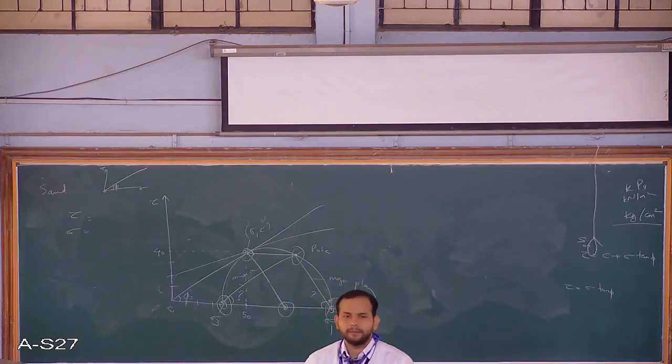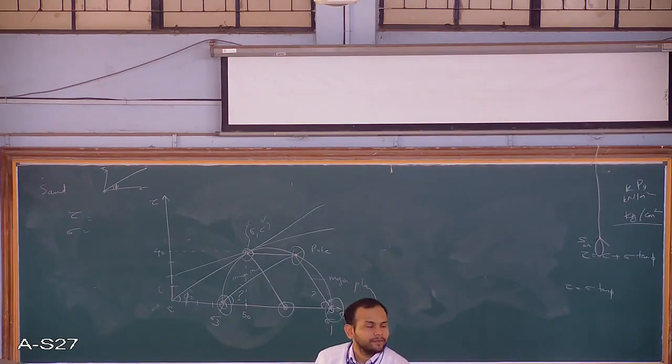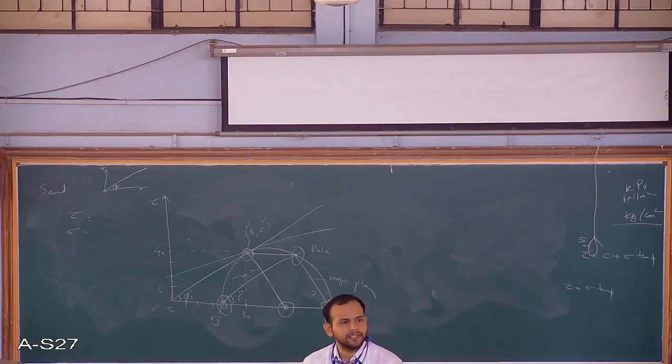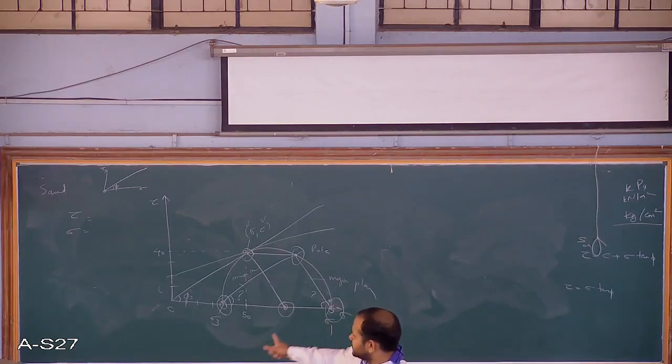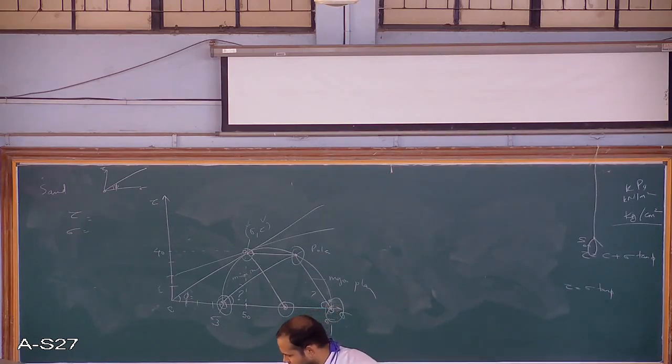In the exam, they can just remove one or two and you have to find them. Like what happened in this problem: sigma, tau, everything was given, and from those values you found the values of sigma 1 and sigma 3. Sometimes they will give you sigma 1 and sigma 3 and ask you to find sigma and tau in reverse. It's one and the same, it's very easy. Let's see if you have some problems on that.